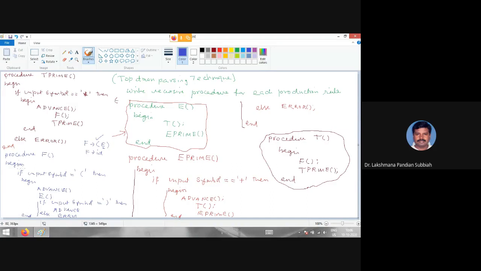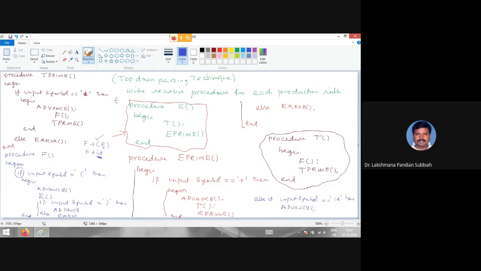Now for this if, another one: else if we are having id. Where can I write? So here I write that one, right? So here you have to write that one as else if input symbol equal to id, then here you have to do advance, right?